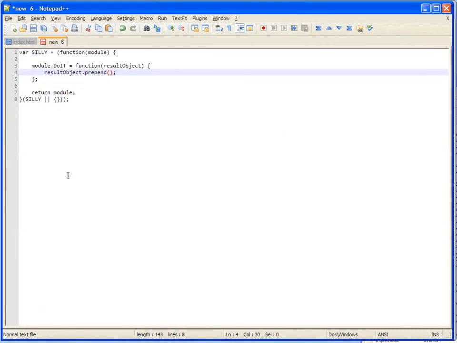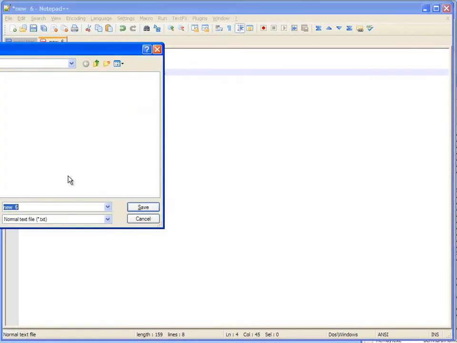So there's a prepend function on that, and we'll prepend a, let's make it really simple. Let's just prepend the date onto that, and just to keep it on a new line, we'll break after that, after putting that date in. So if I now save this to